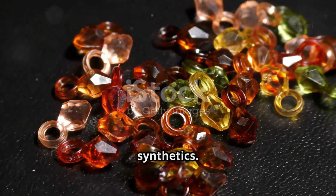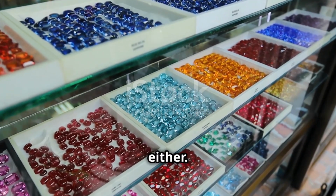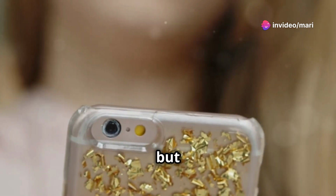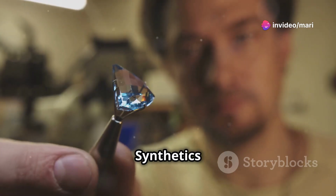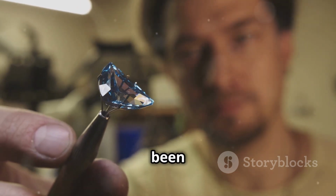First up, let's talk about synthetics. Now, these aren't exactly fakes, babes, but they're not the real deal either. Imagine a bedazzled phone case, right? It's sparkly, it's fun, but it's not actual diamonds. Synthetics are like that. They're made in a lab, so they look the part, but they haven't been formed naturally